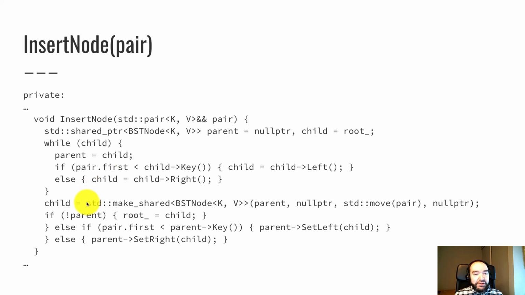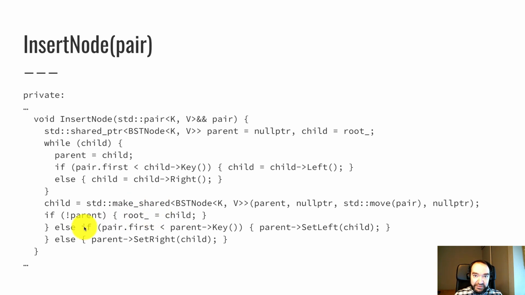The last step is to update an incoming pointer that points at the node so that the node is actually connected into the tree. And there's three cases. The first one is if parent is null, if not parent, then that means that there's no node above this new node we just created, child, so that means this is the new root node. So we just say root equals child. That's it. That's the tree's root data member.